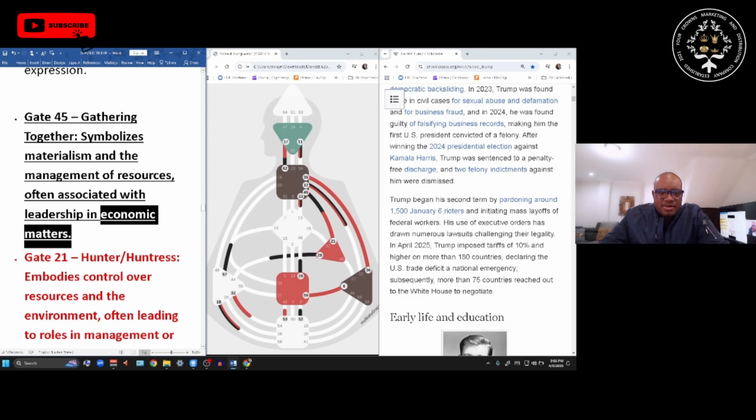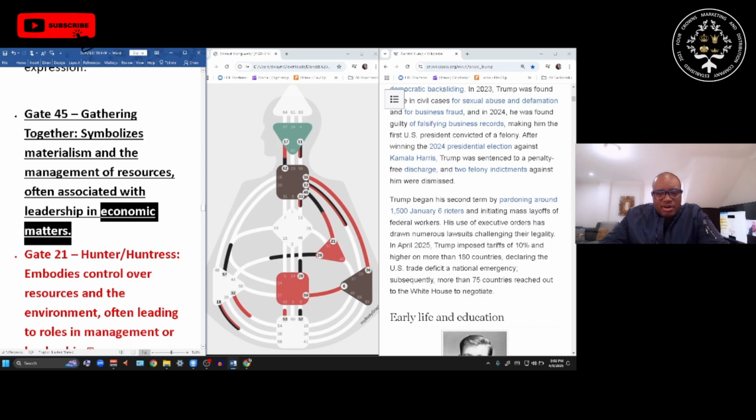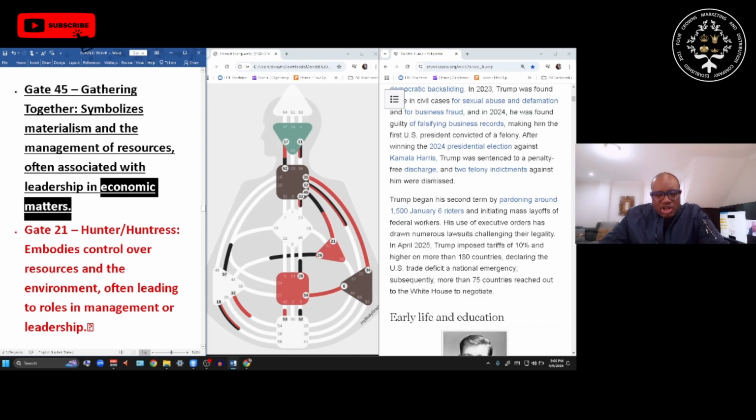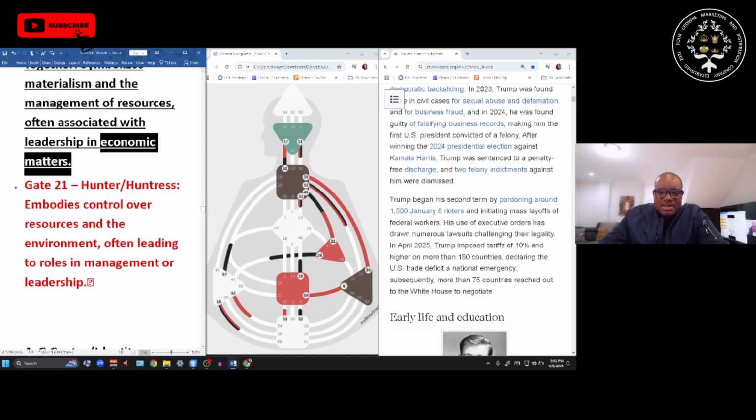Definitely somebody that America looks up to when it comes to money and economic matters. They look at him as somebody who is a master at it, even though he has all these failures, which doesn't necessarily not make him a master, right? Because usually the one who fails and gets back up is the one who has the most amount of wisdom and can share that wisdom with people.